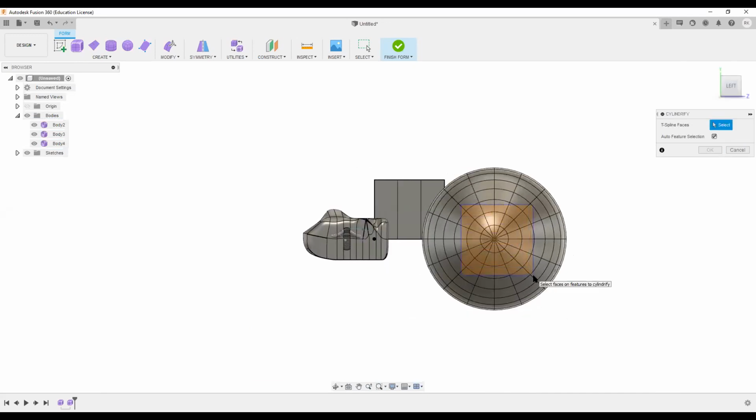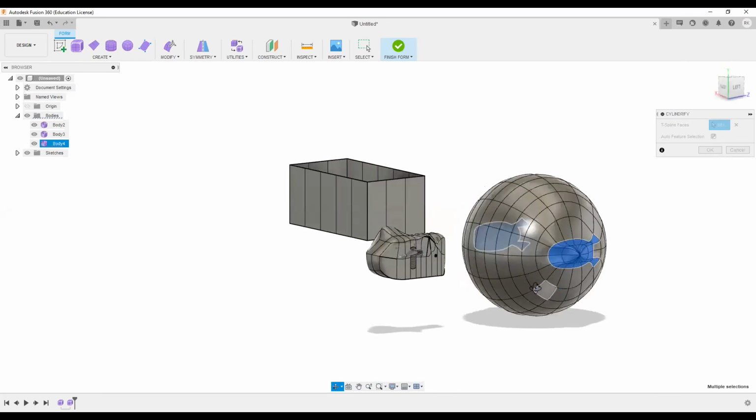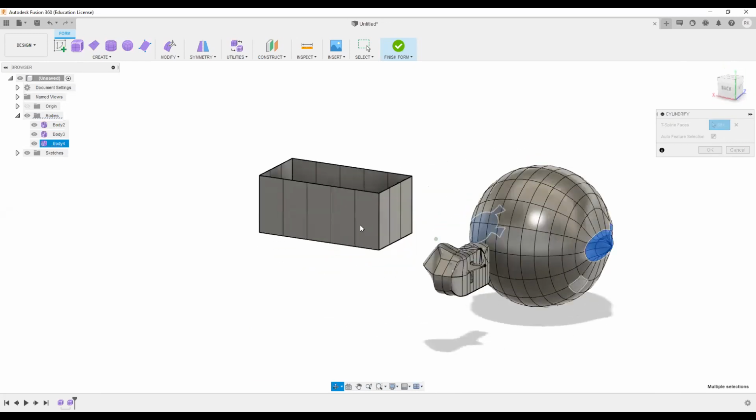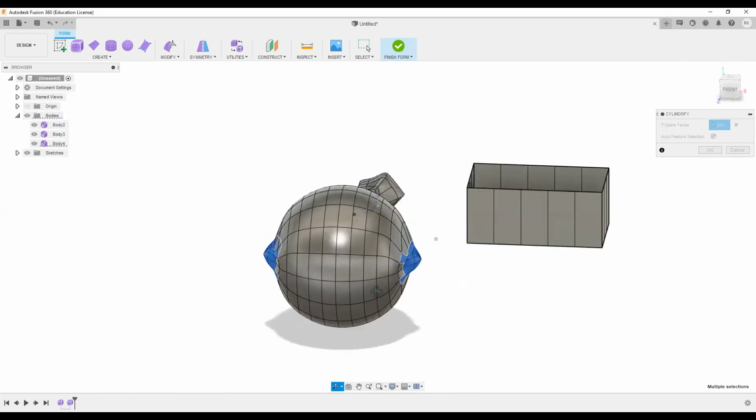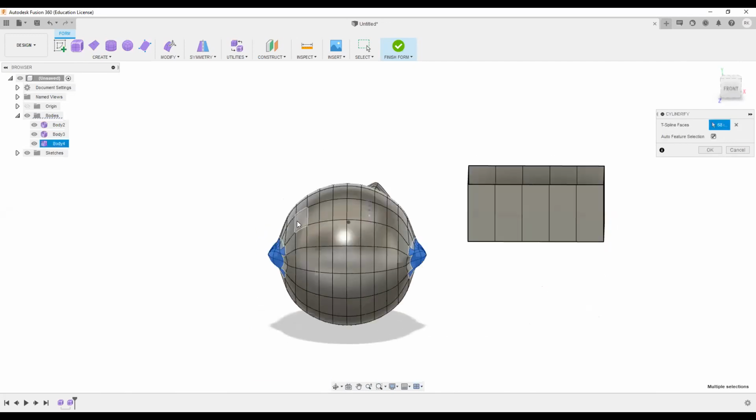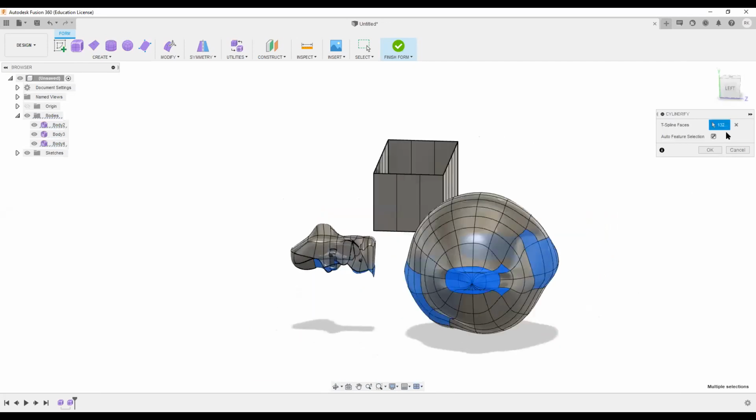Use this option and you can select like this. So for this, we have selected the other side of the part also. This way we can select a number of faces. It will save us time, and we can simplify the particular face or body.